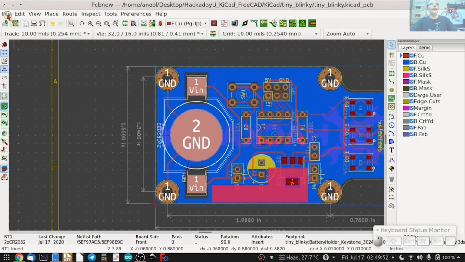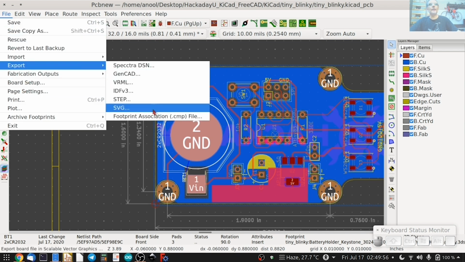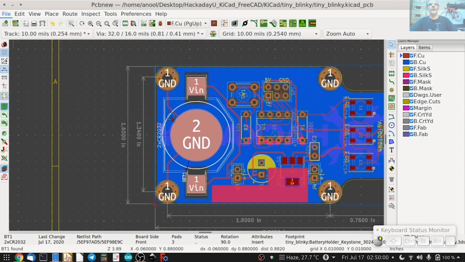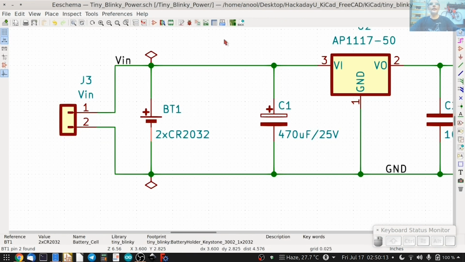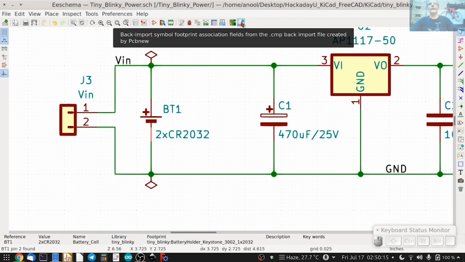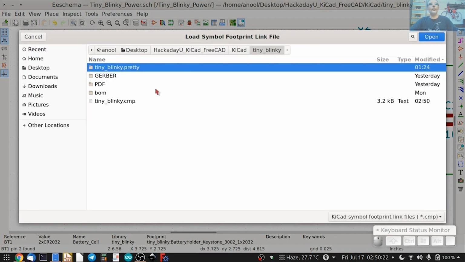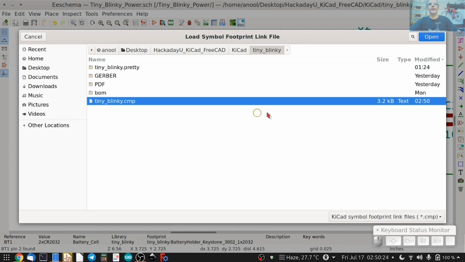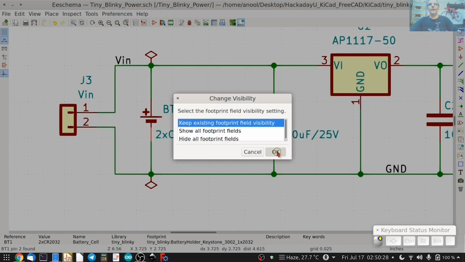We do that by clicking on File, Export, and creating what's known as a footprint association file. So we click on that, click Save, and that's done. The next step is to go back to eSchema and now use this option which says back import symbol footprint association. Click on it once, select the file that was created in PCB new, open it, click OK, and we